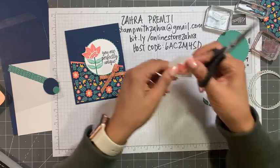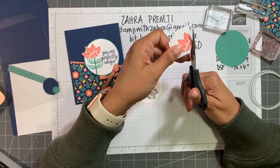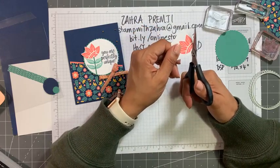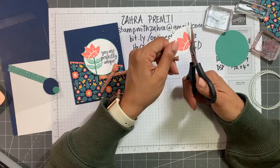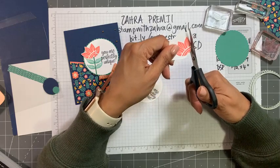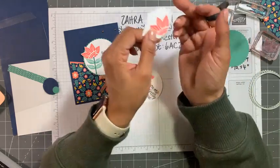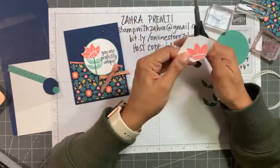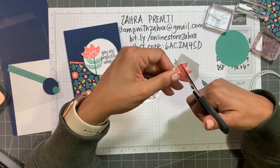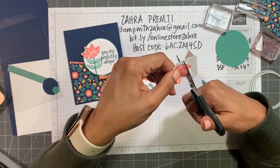So let's talk a little bit about fussy cutting. For those of you who haven't watched me before and who shudder at the thought of fussy cutting, let me explain some tips that will help. First of all, these flowers are super easy to fussy cut because they are fairly round. You don't have to do a lot of detailed cutting. When you're fussy cutting, you want to leave a little bit of a border, less than 1/8 of an inch around the edge of whatever you're cutting. You can see that I'm leaving a little bit of the white border around it. That makes it more forgiving, and gives you a little more room for error so that if it's not perfect, it's harder to detect. Whereas if you are cutting right along the outline, then if you make a little boo-boo,